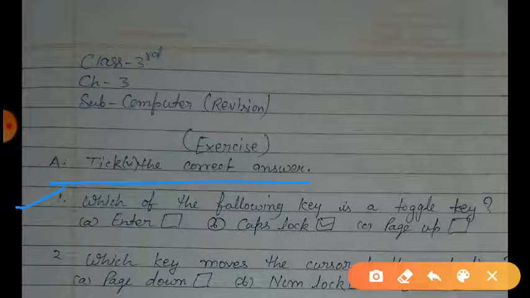So dear students, options are enter, caps lock and page up. Here are three options. Option number B is the right answer. Caps lock is the toggle key.